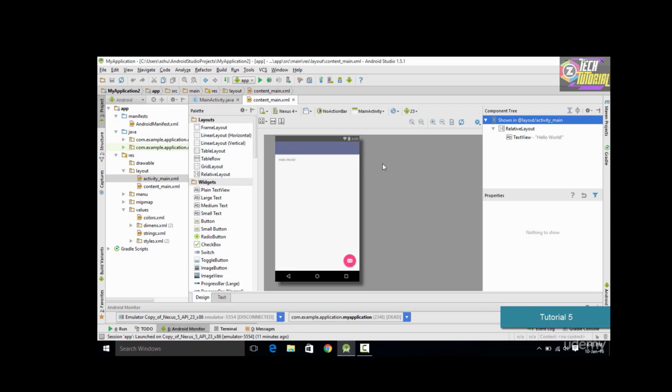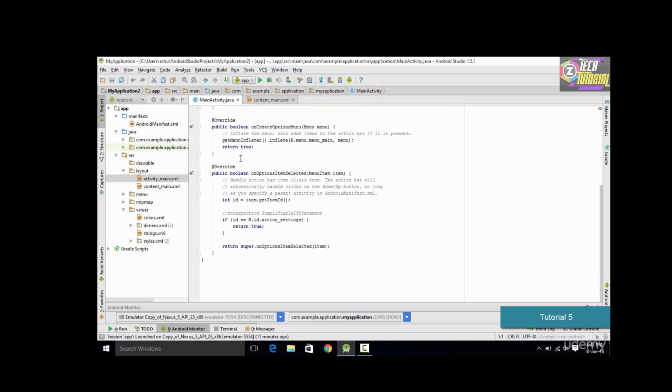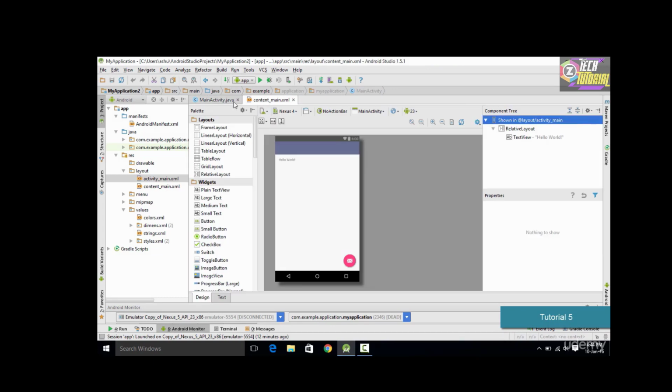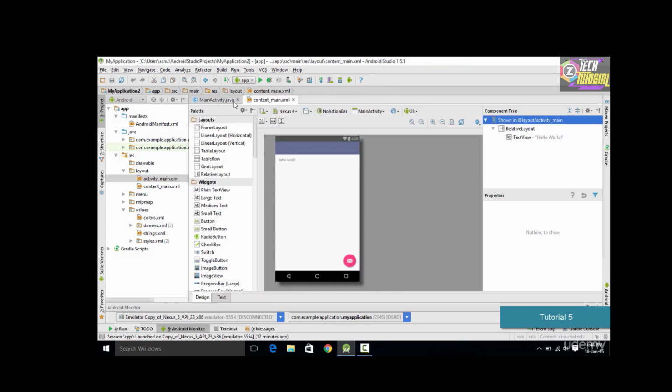And then if you want to write the logic for your Android application, then we move on to this main activity.java file. So if you click on it, you could see the Java code which we have right over here. So this basically has the code which we are going to write. So you could switch in between these two things. If you want to go on to the content main.xml, you could click on this, and in order to go to the main activity, you click on this button right here. So it allows you to switch between the two as and when you require.